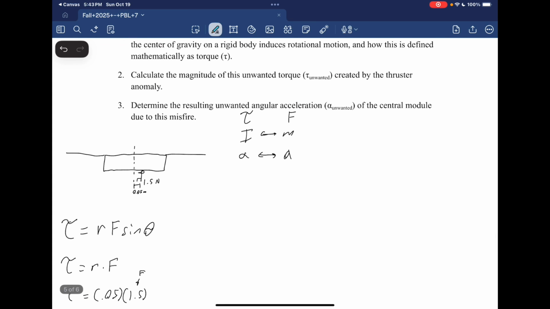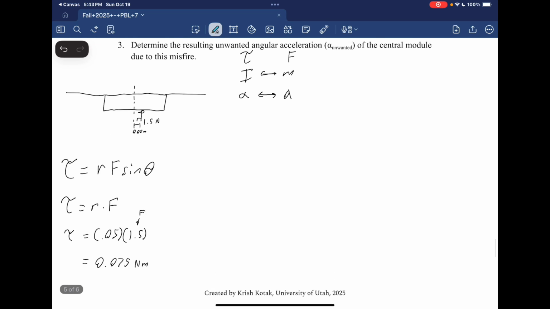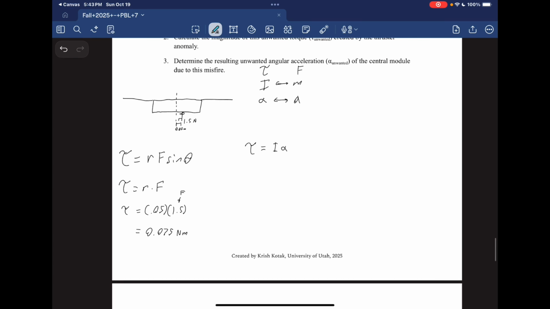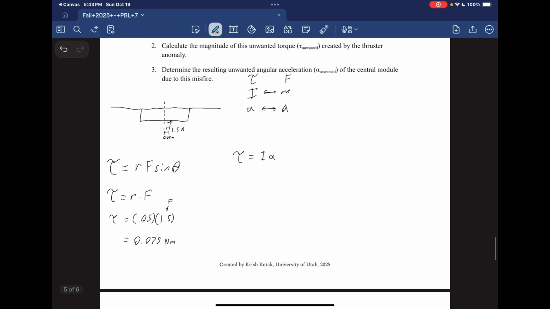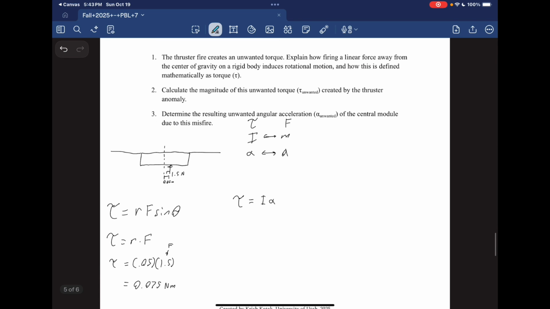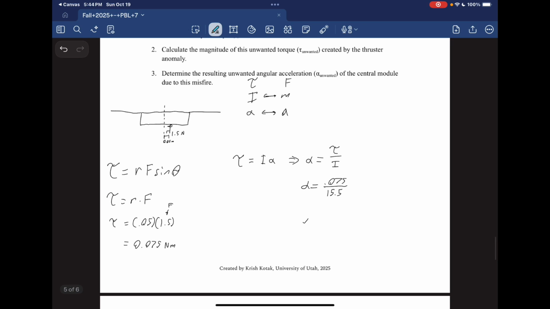Question 3 asks us to determine the unwanted angular acceleration of the central module due to this misfire. We can recall that torque is equal to the moment of inertia I times alpha, and alpha is what we're solving for. We know torque, it's 0.075 Newton meters, and we're given our moment of inertia up here as 15.5, so we can rearrange this to say that alpha is equal to torque divided by moment of inertia, just like we did earlier. So in this case, alpha is 0.075 divided by 15.5. If you plug this into the calculator, you'll find that alpha is roughly equal to 0.0048